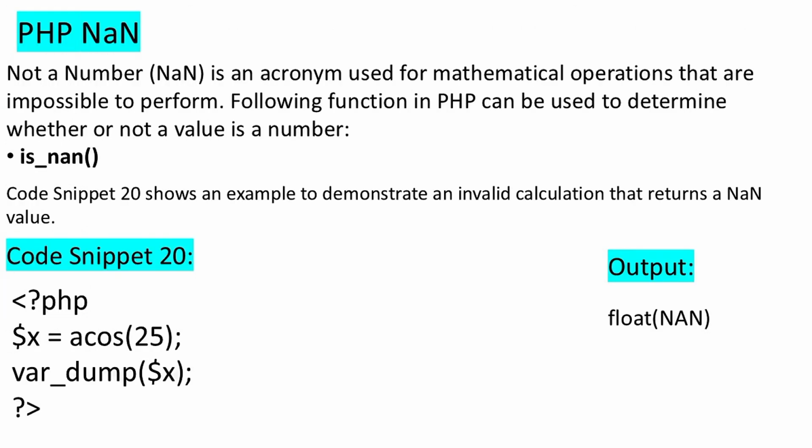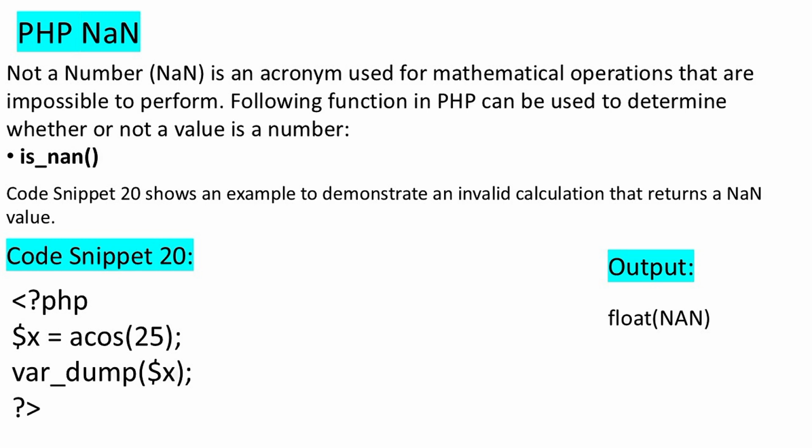Now, let's move on to another special numeric value in PHP called NaN, which stands for not a number. The term NaN is used to describe a situation where a mathematical operation cannot produce a valid numeric result. In other words, it indicates that the result of a calculation is undefined or mathematically impossible to represent as a real number. PHP provides a built-in function called is_nan to help us check whether a value is a valid number